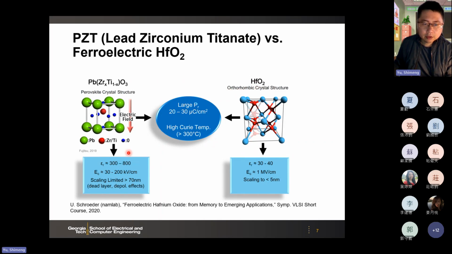So here is a crystal structure, and I would say they have comparable remnant polarization Pr value, but there are some differences. The critical switching field, the coercive field, in the PZT is pretty low. Therefore, you need a very high thickness